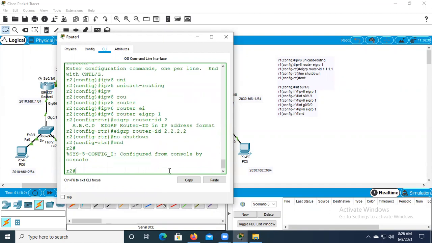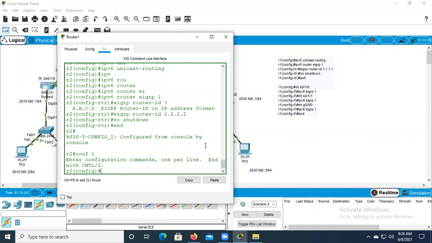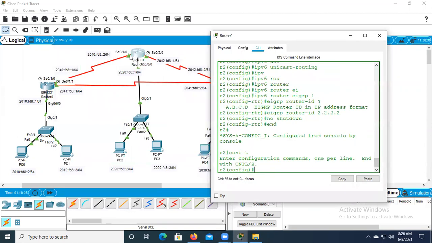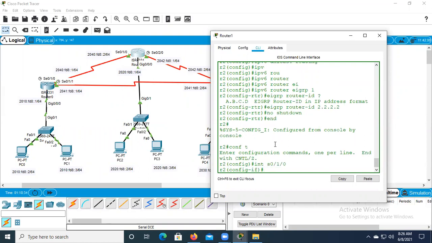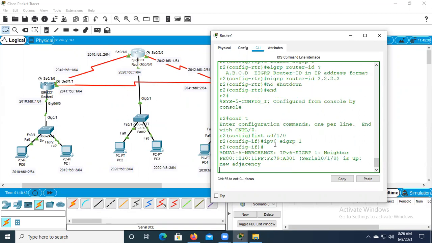Then I use end. If I'm going for config t in router 2, I have 3 interfaces. One is interface serial 0/1/0. At the interface level, we have to enable the protocol, as I told you, so we have ipv6 eigrp 1.